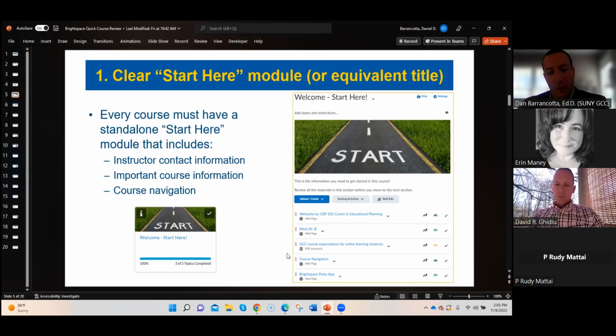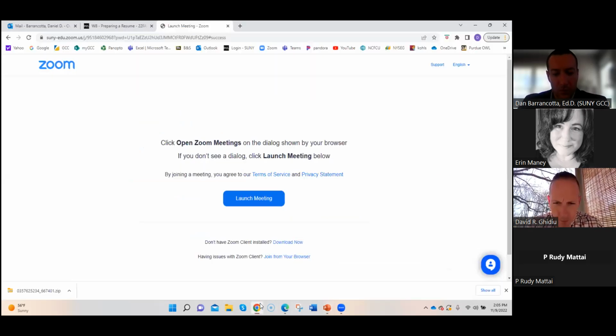And some of the things that we're looking for are contact information for an instructor, any important course information, things like books that maybe need to be purchased or materials, and a brief overview of navigation and how to get through a course and the things that we're going to be looking for. So just an example of that